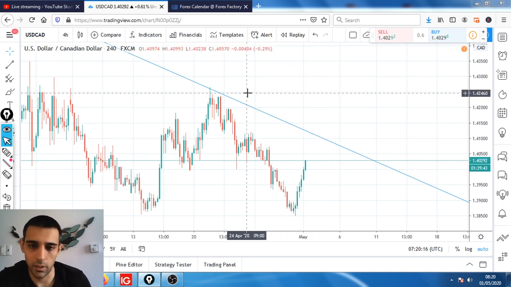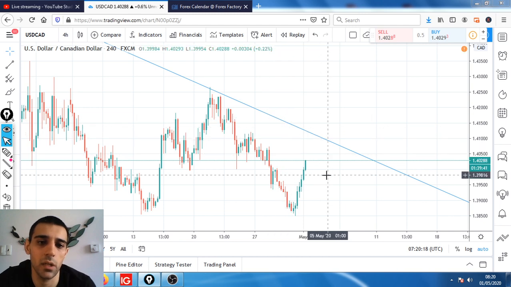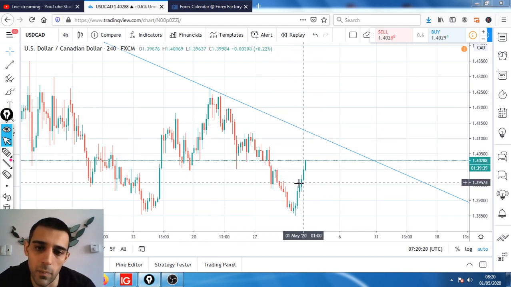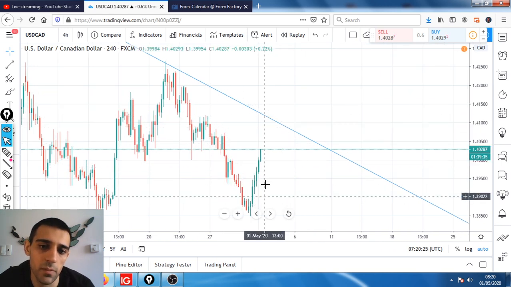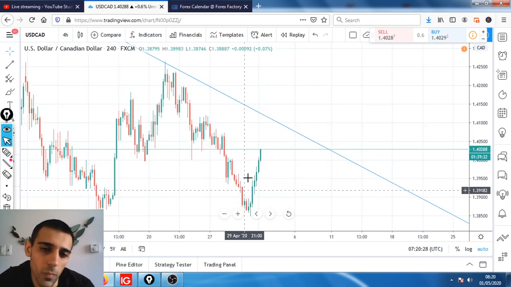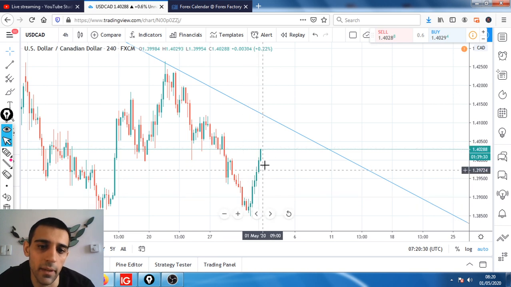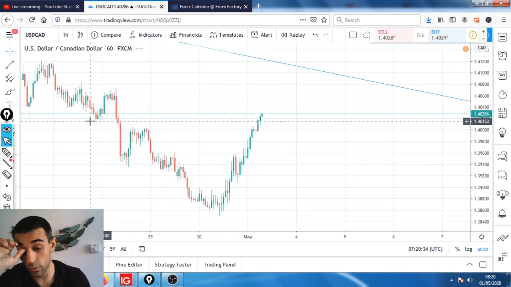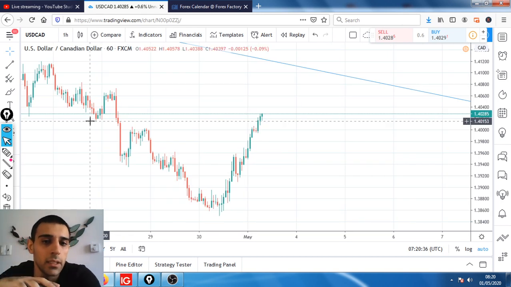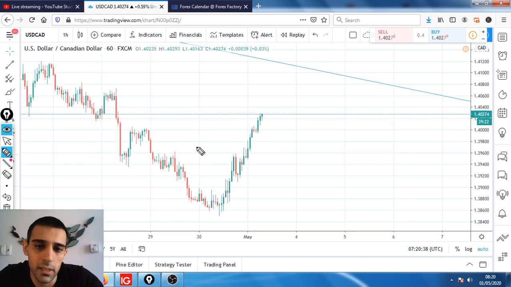then the price might just turn and continue towards the downside, but for now we need to concentrate on what is in front of us, especially in short-term trades. We have this nice move towards the upside. So let's go to the 1-hour time frame and see what we can do about it. It has this tiny pullback in here that confirms again that it's looking strong towards the upside.